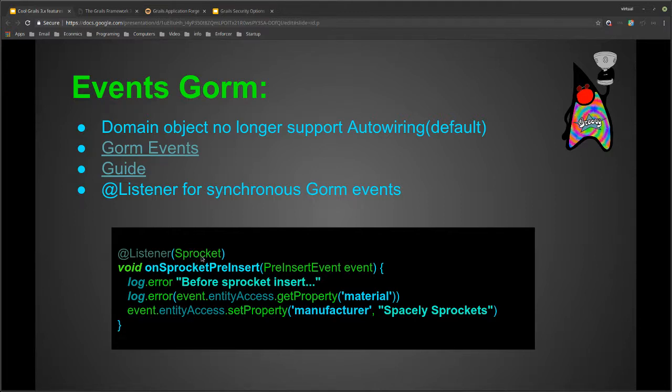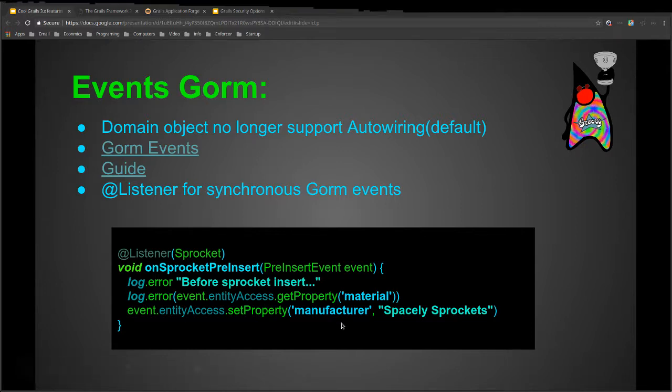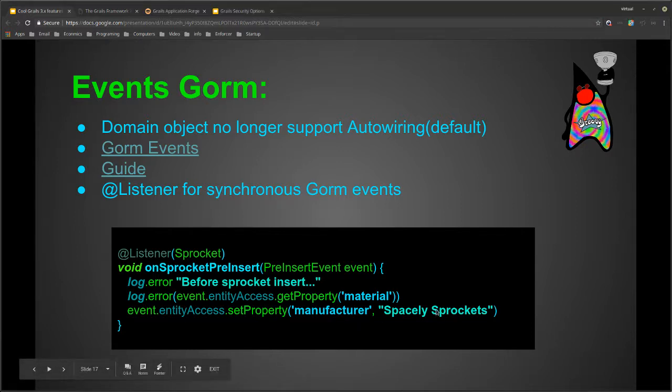Basically, you can set it to a domain, and then there's on pre-insert, after, and all the things that you would normally expect. And then there's the event, which you can actually take and set a particular property. In this case, I'm setting a manufacturer, and I'm overriding it with a particular value. And I have this set up so that in code, if you run it, you can see log statements of, oh, this was the before and after.